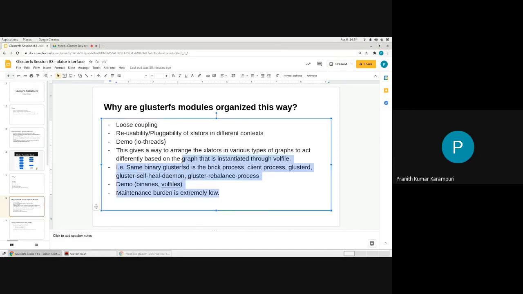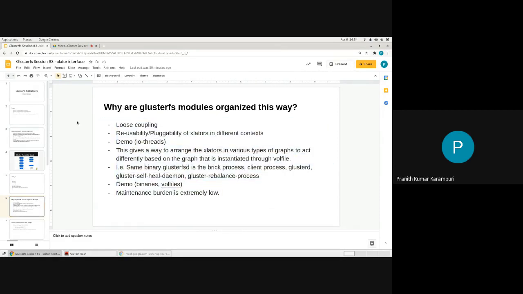The translator interface has proven to be really valuable in Gluster because you can treat the translators like Lego bricks, and the way you modify the structure of these Lego bricks, it represents something entirely new. We can look at this based on the volume files.